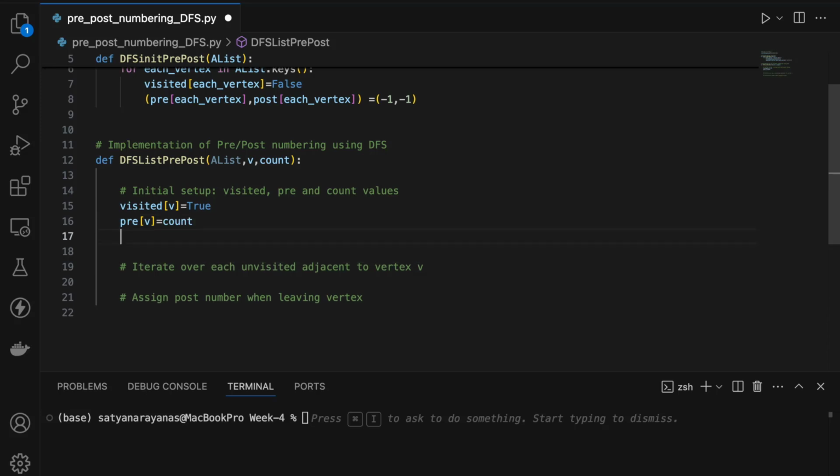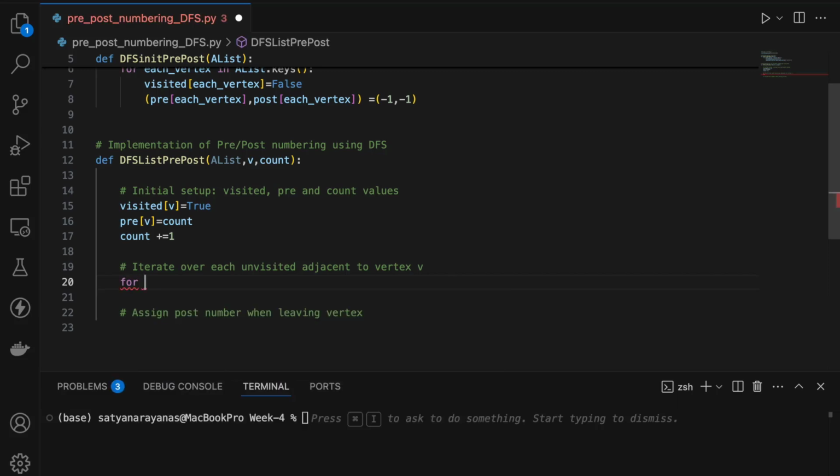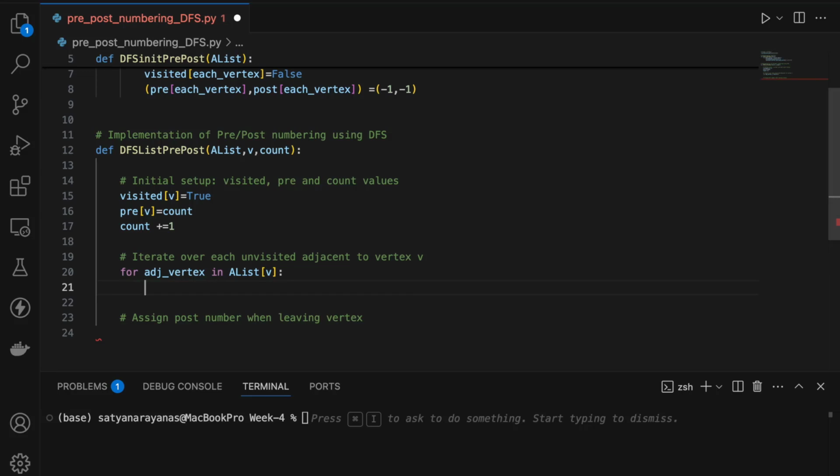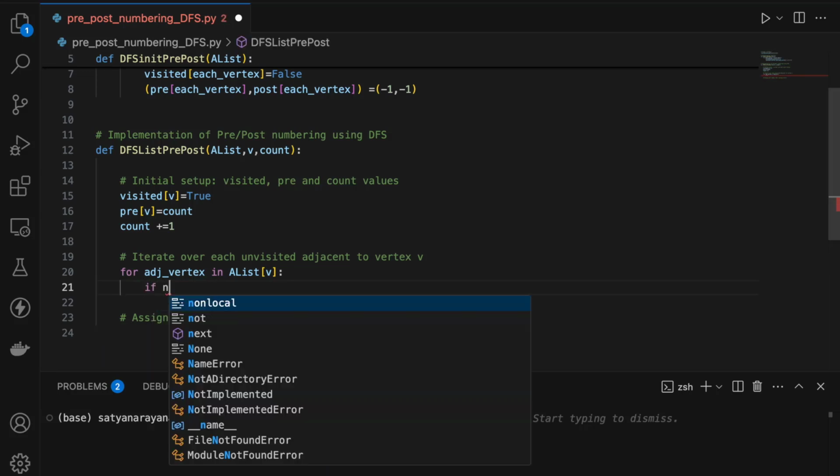Then we increment the count, because once it has been widgeted, we want to increase it. So count plus equal to 1. So the first root has been considered as a root and the count is increased. Then we want to iterate over each adjacent vertex in the adjacency list of V, where V is the root which you consider the first time. Second time it's different. If that is not widgeted,